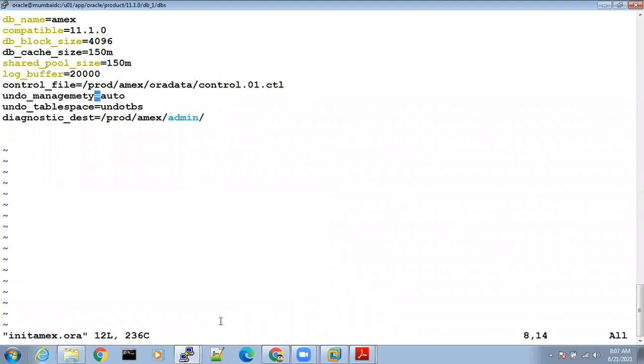See, undo management, a spelling mistake. It should be undo_management equal to undo_tbs. And there is one more mistake: control01.ctl. It's not control.01, it's control01.ctl. Save the file.